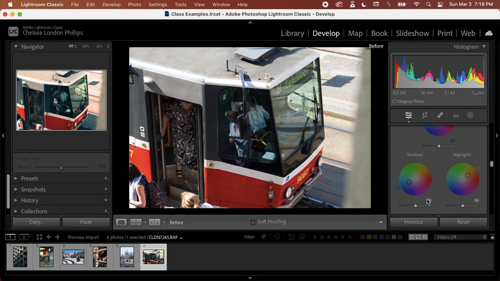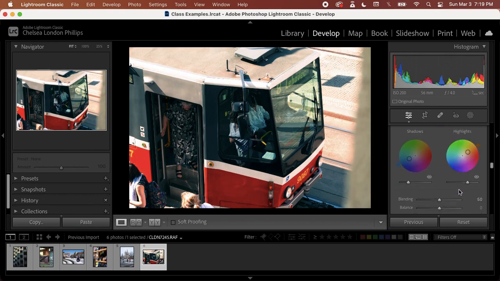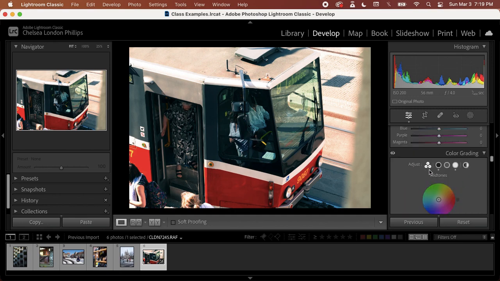And you can also adjust how strong that is. Again, I'm not describing everything to a T. I'm just kind of showing you what the process might look like. Another way